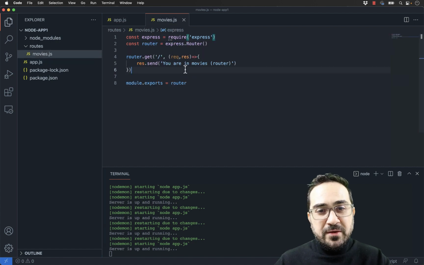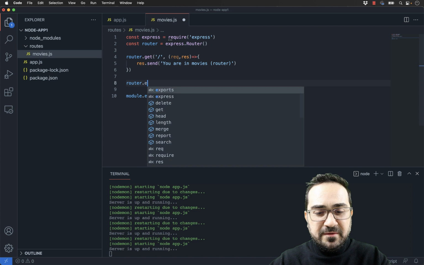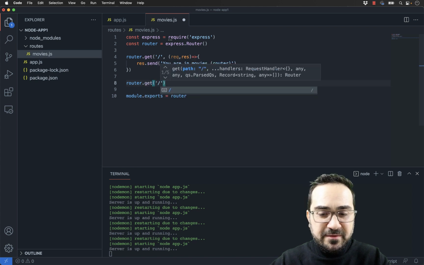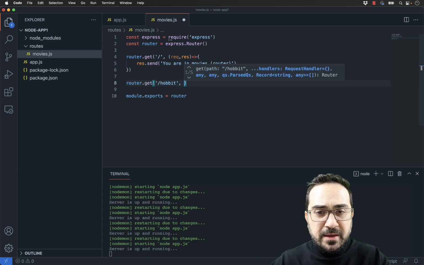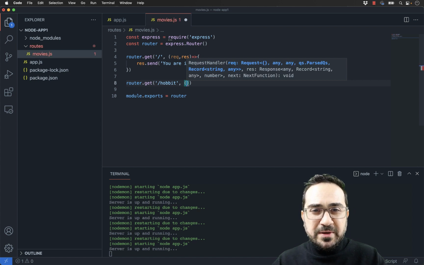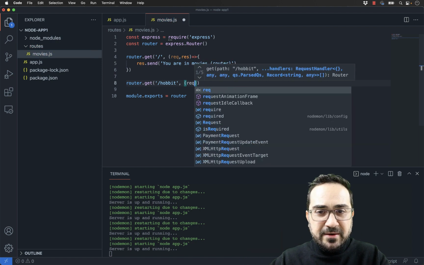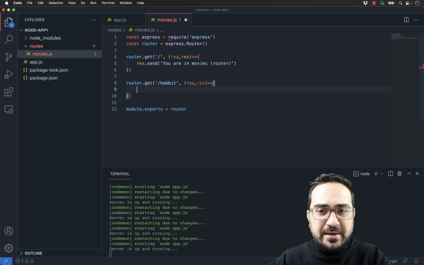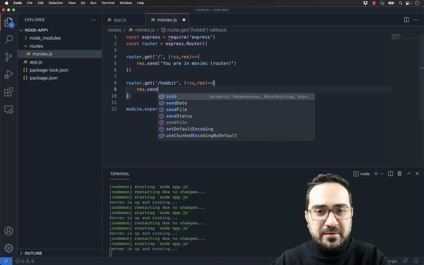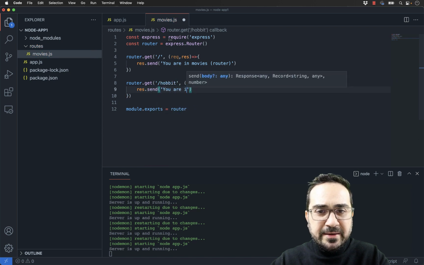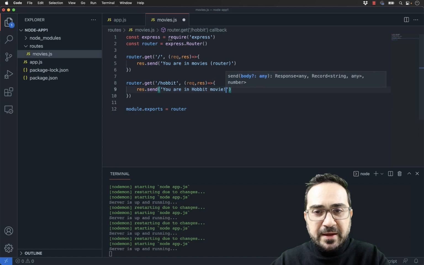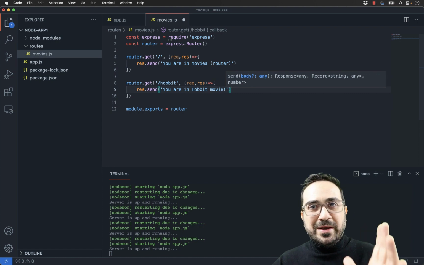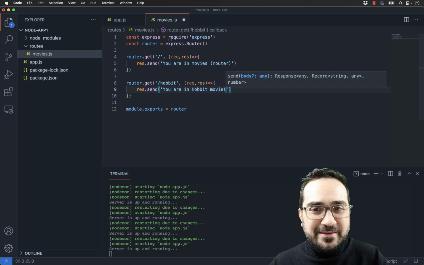And what I can do is, imagine there is a movie. In my case, it is The Hobbit. And this is the root now. It's supposed to be the URL, localhost, movies, and inside movies there is a Hobbit. So I have to just create the request and response. Let me build my path here, and wherever you come here, I will say now you are in Hobbit movie. You are not in your movies, you are in Hobbit, so this means you enter one level inside.